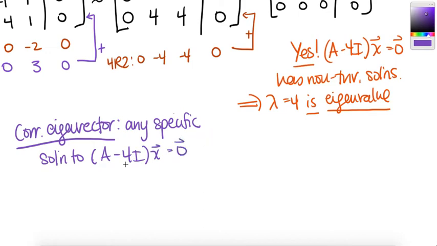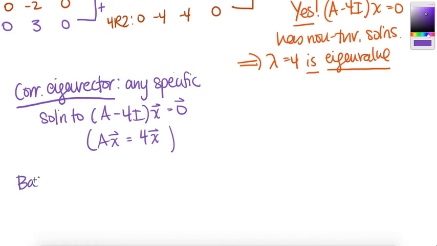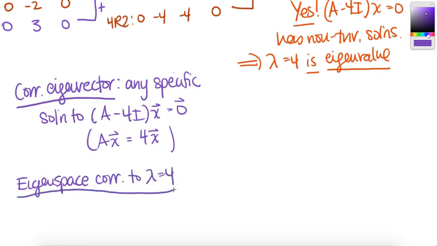Because really that's a specific solution to Ax equals 4x. So a corresponding eigenvector is a specific solution, all right? And to get a basis for the eigenspace, let's just talk about the eigenspace. The eigenspace corresponding to lambda equals 4, well, instead of talking about a specific solution, that's the set of all